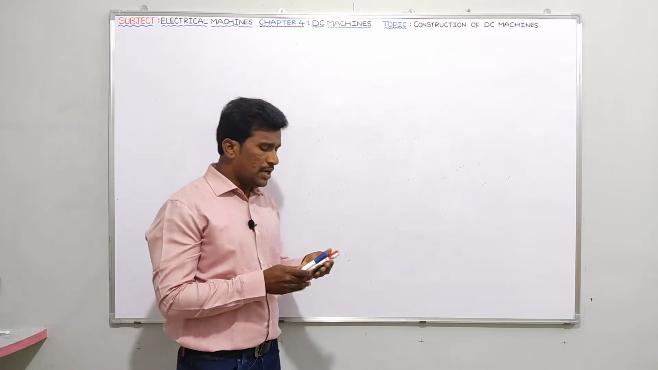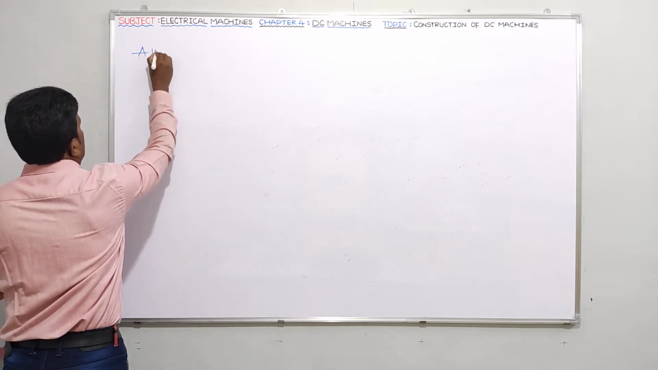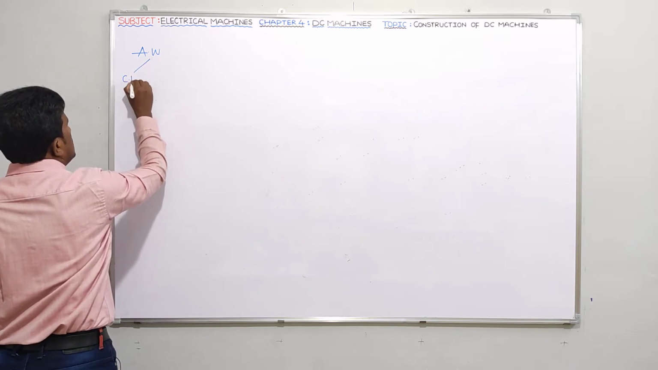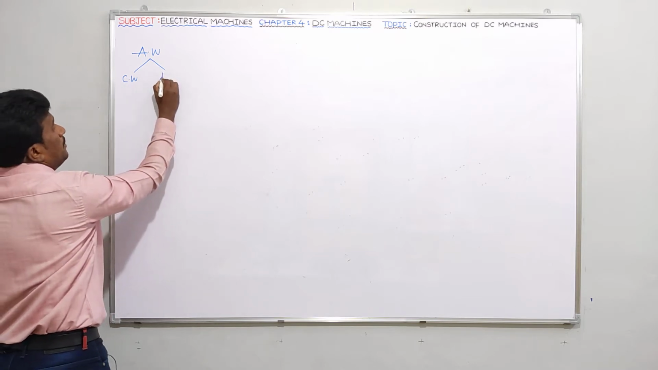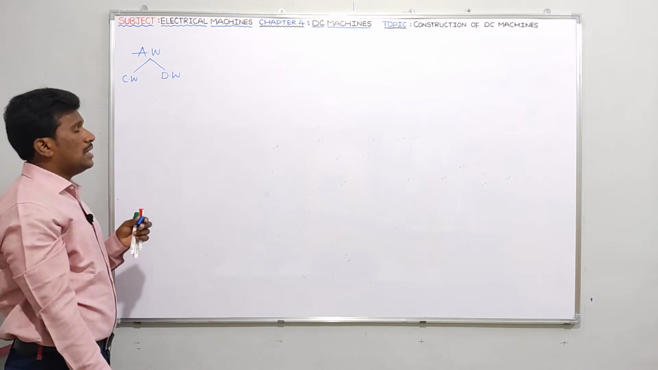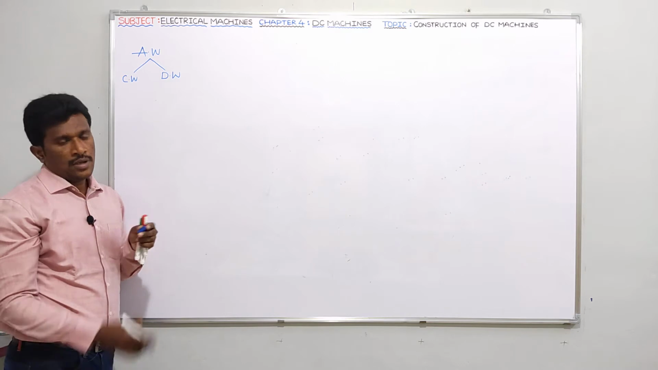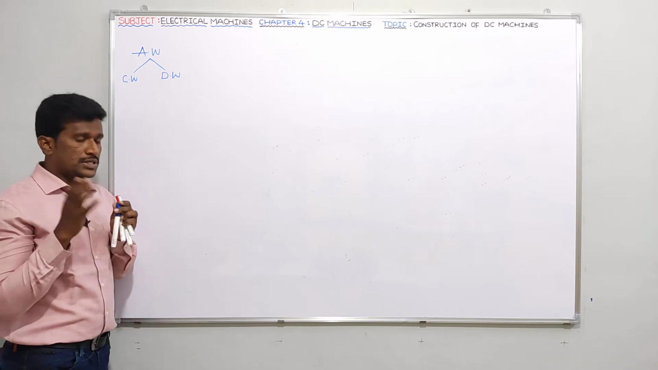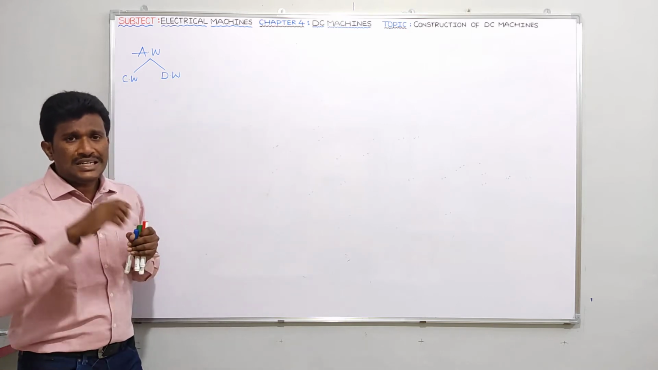But generally, armature winding means, guys, armature winding AW. Armature winding may be concentrated winding, CW, and it may be distributed winding, DW. If you observe clearly concentrated winding, which I explained in synchronous machine, please try to refer to the topic. In concentrated winding, if you observe clearly, entire